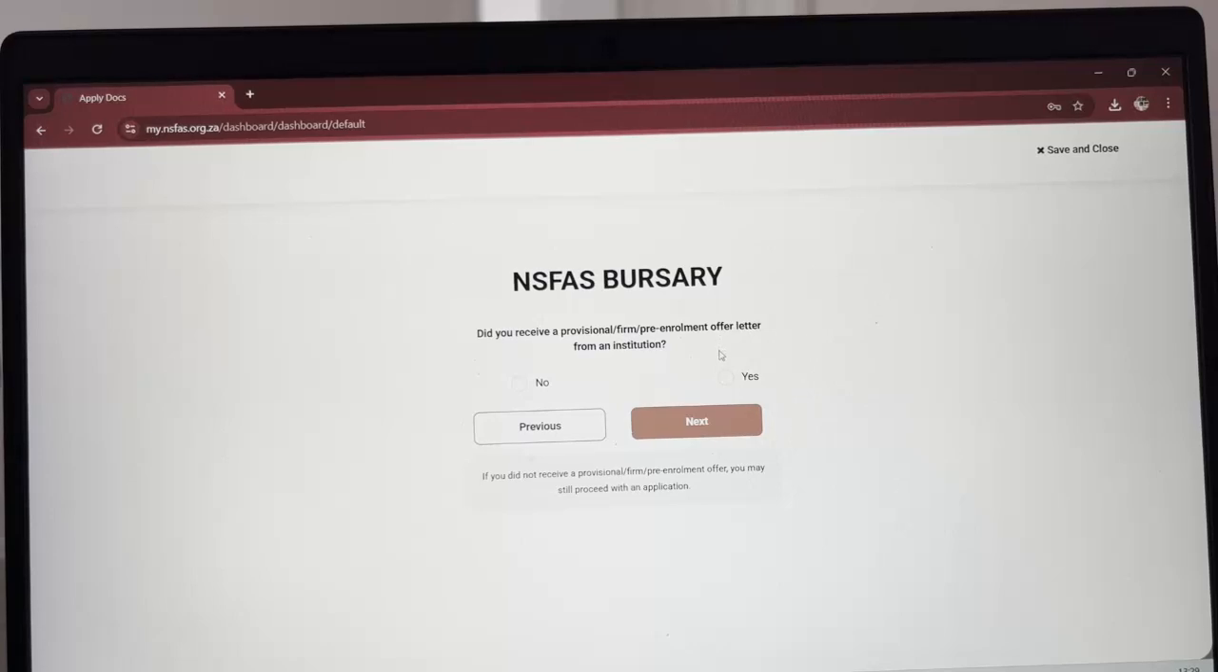Then proceed to the next page where it asks you if you have received any provisional acceptance or any letter of acceptance from any institution that you applied to, right? So if you haven't received anything, you can click no. But if you have received acceptance or provisional acceptance from any institution you applied to, you can click on yes, right? And then once you click yes, you then click on next, and it will land you to this page